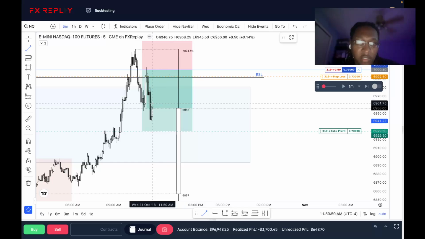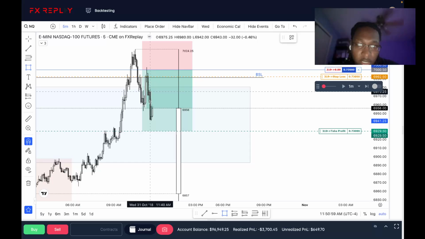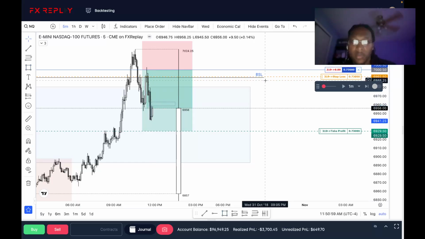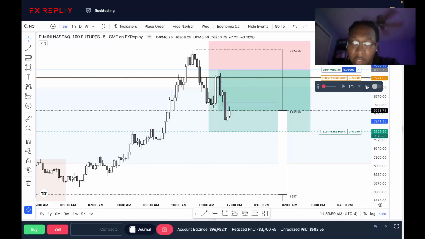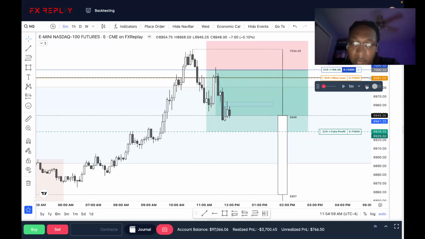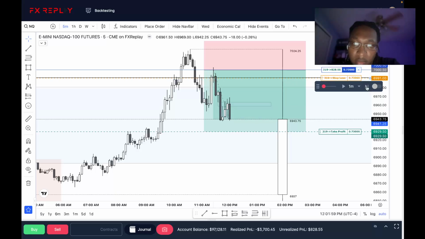I would want to see this hold here, this order block and this gap here. So ideally, I would put stop loss right there in profit. See how we react around here. I like that reaction there. There we go. Nice drop.